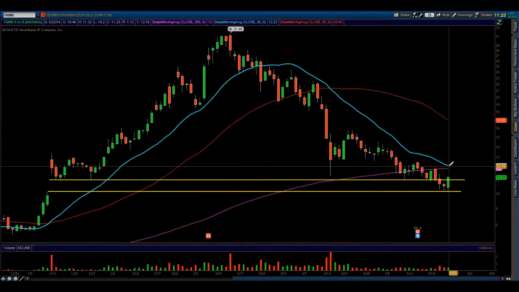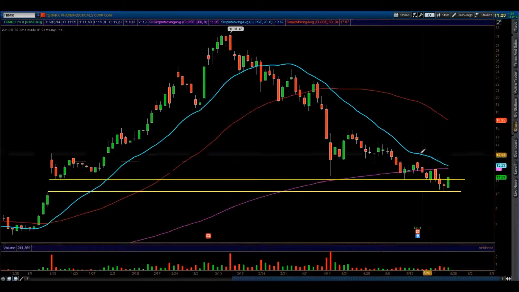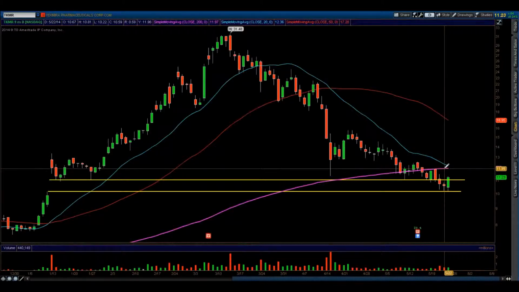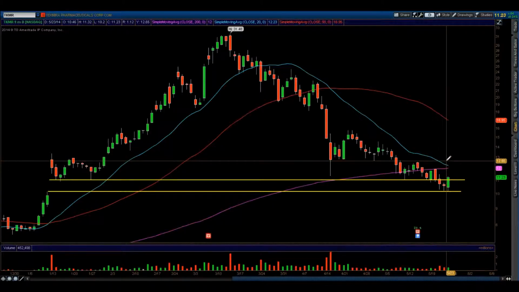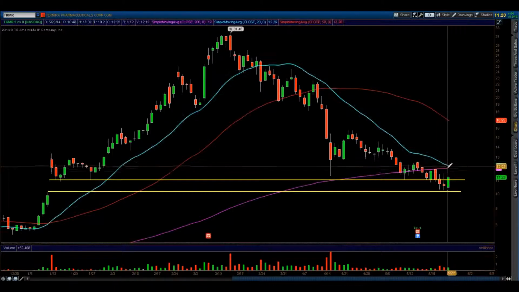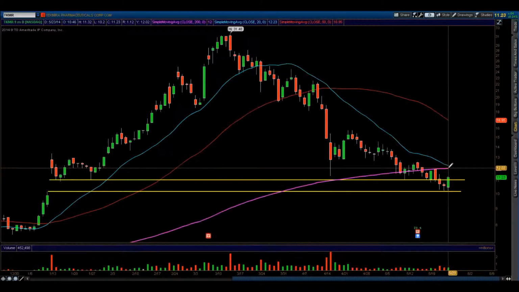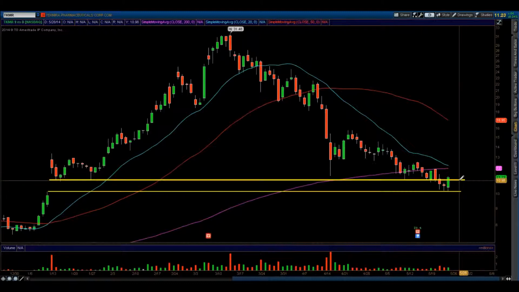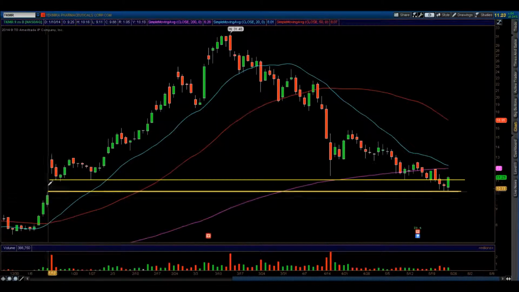I'd like to see how this stock reacts to these lines here. This blue line, your purple line. Blue line is your 20-day moving average, and your purple line here is your 200 moving average. When these cross, this will act as resistance. If this decides to move up here, it should pull back down to this 1104 level, and that's where your